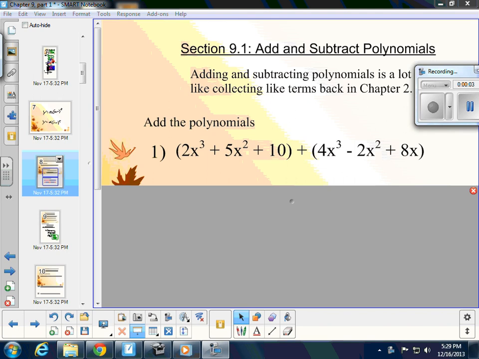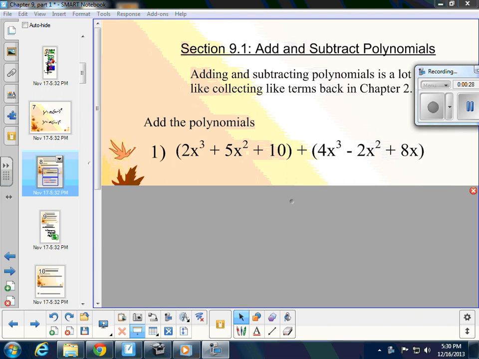Today's lesson is a continuation of section 9.1, add and subtract polynomials. In the first part of this section, I actually just talked about some terminology, like what is a polynomial, and we talked about monomials, binomials, trinomials, the different types of polynomials we'll see in this chapter and so on beyond that as well. Now we'll actually get into what the title of this section says, adding and subtracting